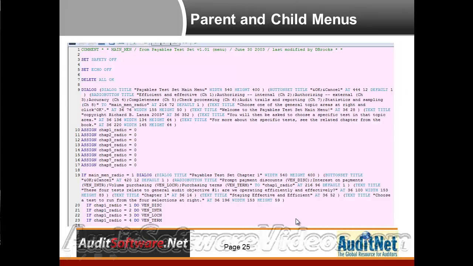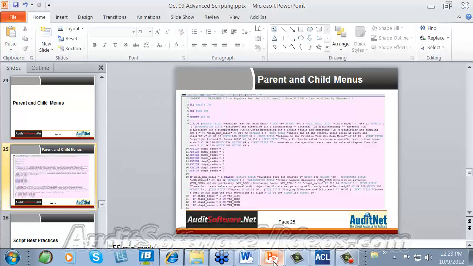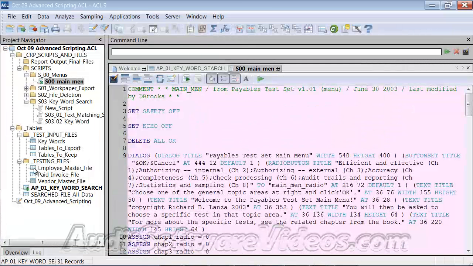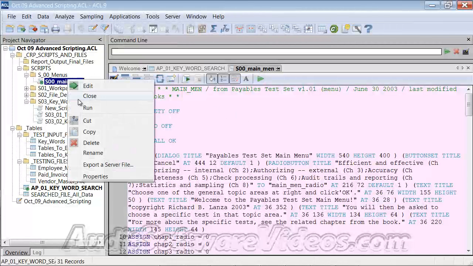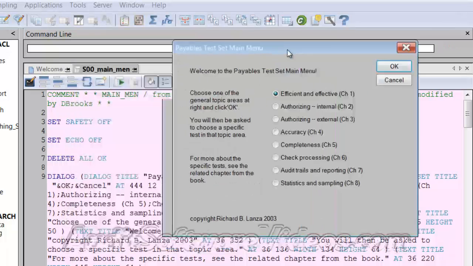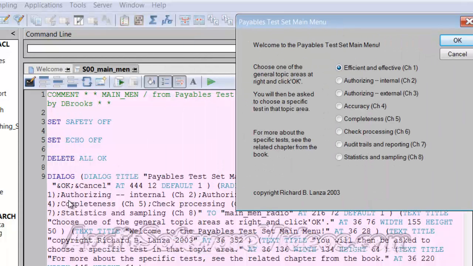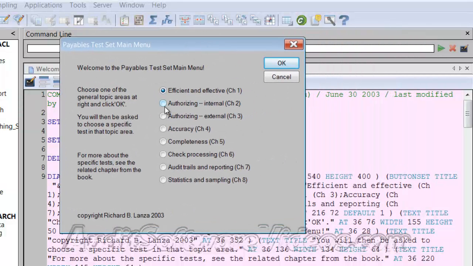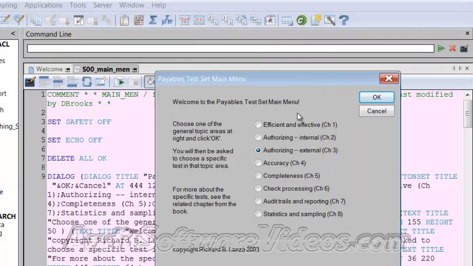let's jump into ACL here. And this is the main menu script here. It's kind of fun to run this one, so let me run this one, where it says, welcome to the Payables Test Set main menu. It's actually at this dialog box right here, and it's basically saying, assign Chapter 1 radio equal to 0. Assign Chapter 2 radio equal to 0. What that's essentially doing here is as we select these,